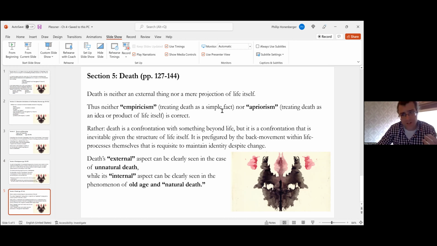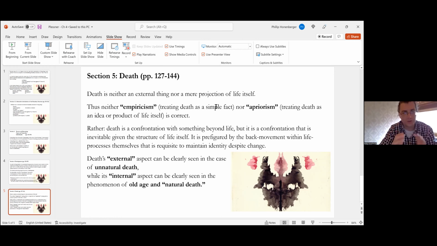And in connection with that, he ends up rejecting what he calls empiricism, which would be the idea that, look, it's just a fact. We all die. Death occurs. There's nothing more to it than just the fact of the ending of life, which connects with a kind of materialism about death. Or apriorism, which would be the idea that death is itself an idea or a product of life itself. And he engages with Fichte and Hegel and their views of death, interestingly, trying to make these points. But he does think that there's something in a way true about each of these